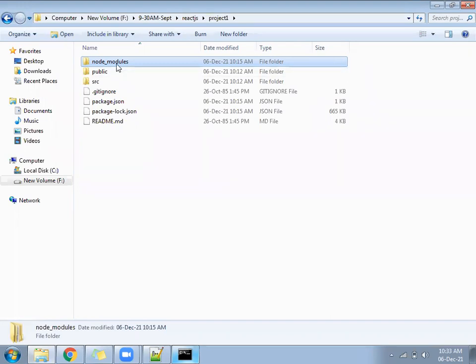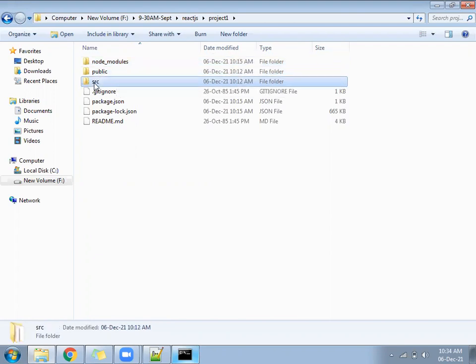Node modules is a library folder where all the libraries we install further will come. Next, you have the public folder and the SRC folder. Our main task will be under the SRC folder. Some JSON files and photos we can keep under the public folder, else everything goes under SRC.